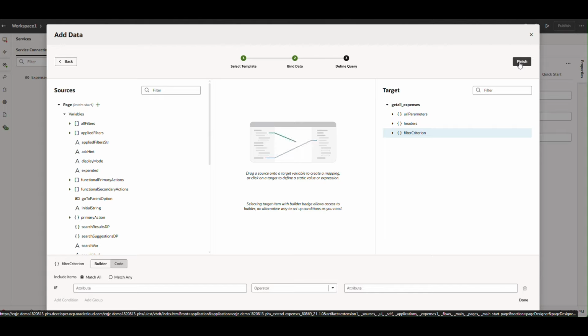So the last part is to add some filters. So I don't want to allow the user to see everything. I want them to be able to filter using criteria. So I select this filter criterion option here. And then if we navigate down here, we can start to define the filter. So if I click on the if option,